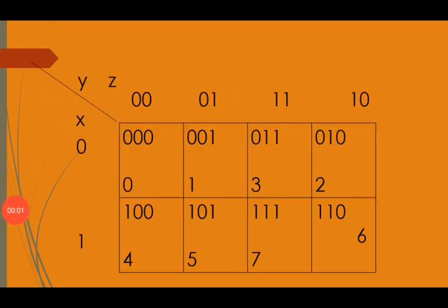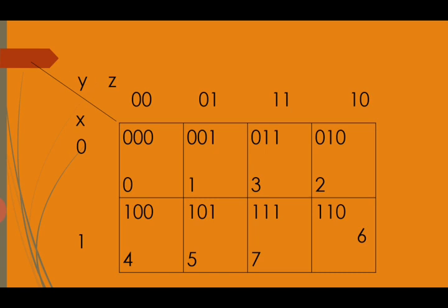Now students, in front of you there is a matrix of 2 rows and 4 columns, and you can see x is for the rows and the y and z combination is for the columns. X has the value 0 first, then the value is 1. YZ for the first column has the combination 0 0, then the next 0 1, then 1 1 and then 1 0. It's gray code, everybody knows that now I think.